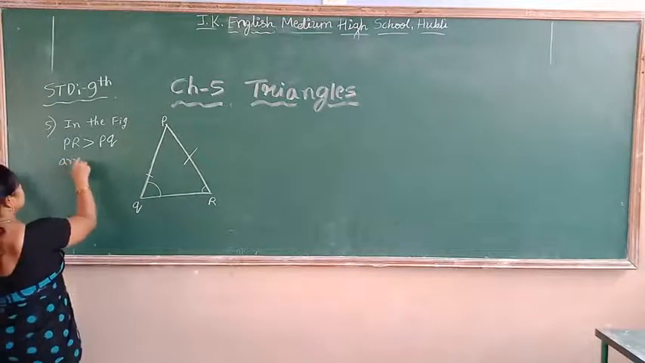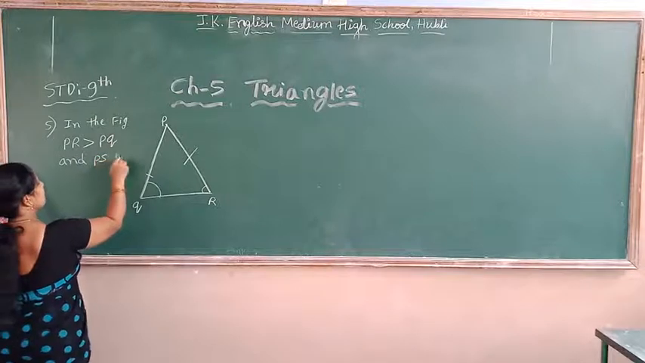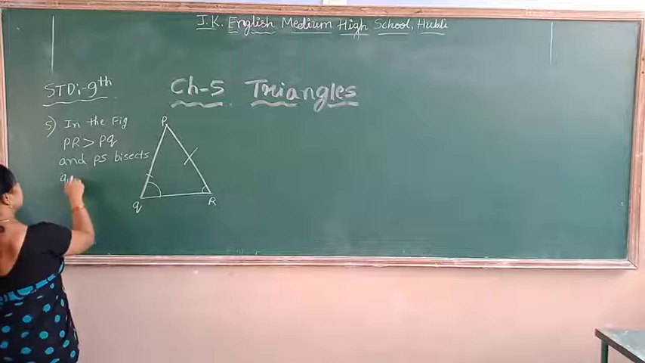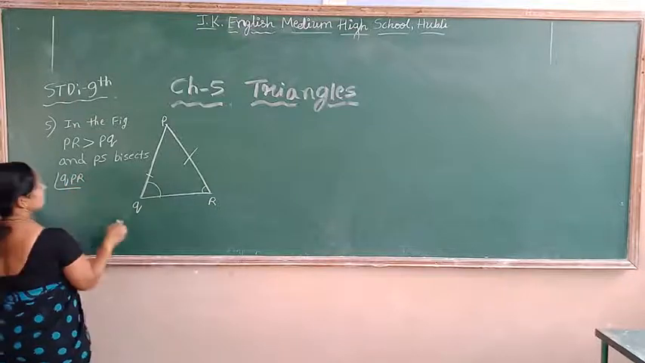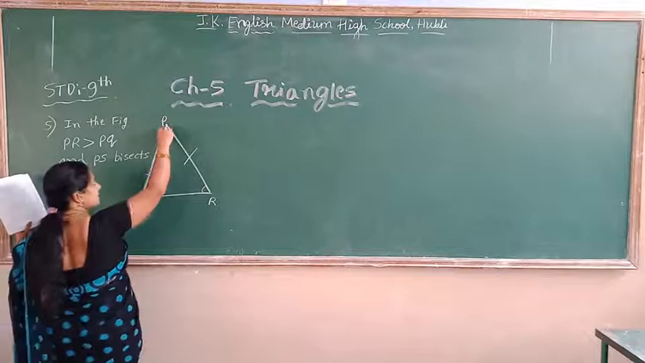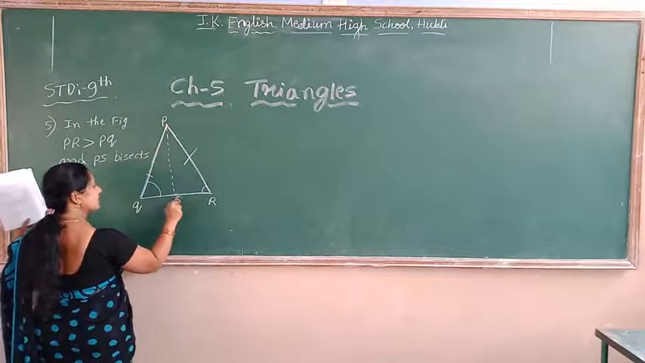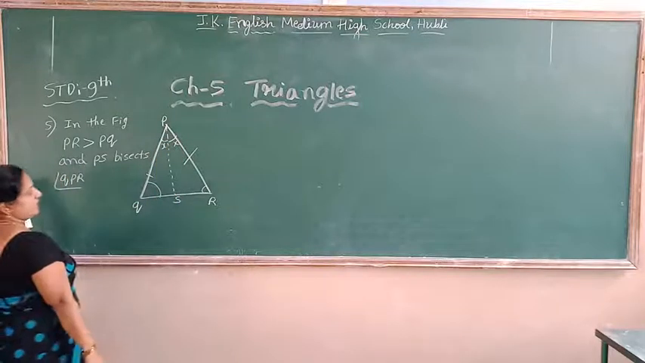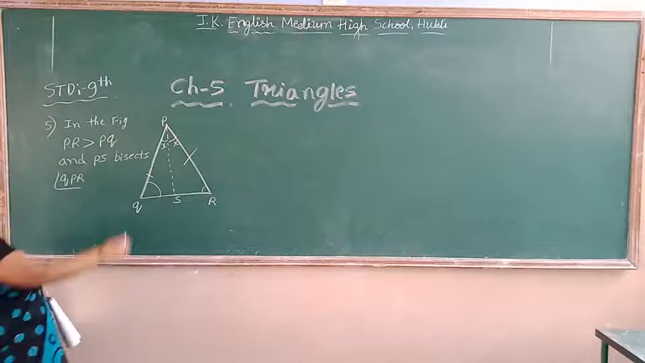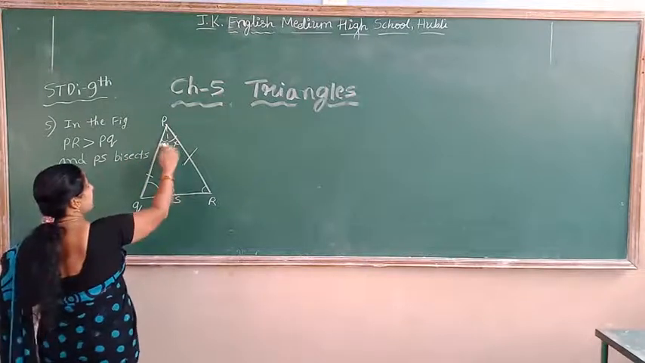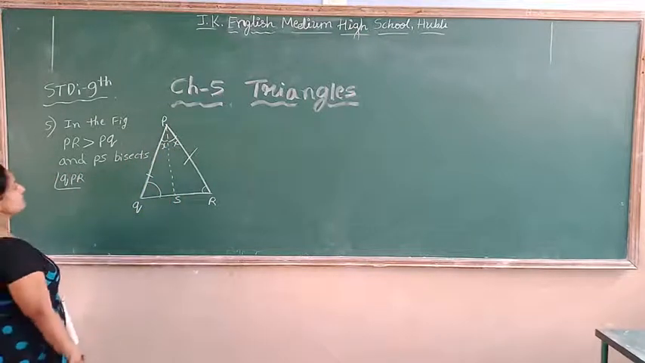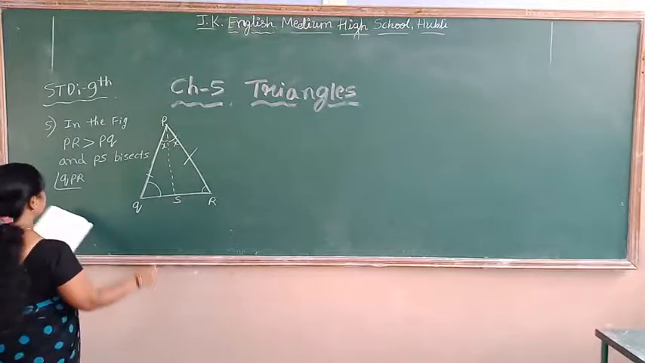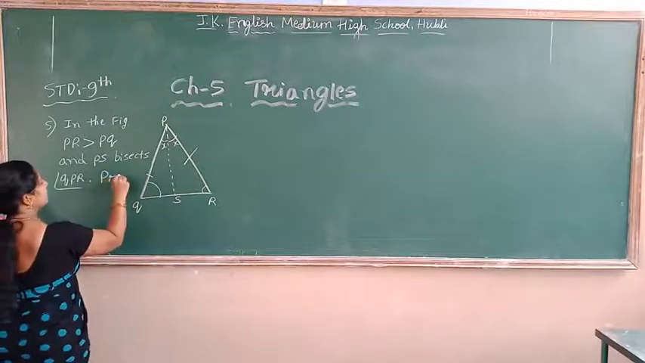And PS bisects angle QPR. So what is the meaning of that? PS bisects this angle. These two angles are equal. Let these two angles be x, because PS is dividing the angle into two equal angles. PS bisects the angle QPR, it is given in the question. Then prove that